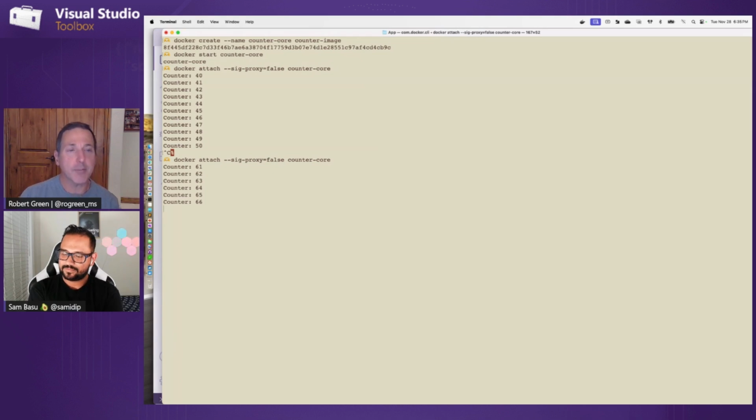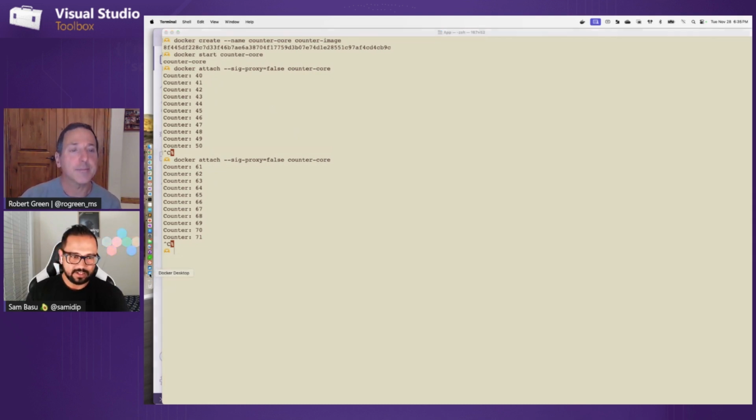So the app, where's the app running? The app is running inside the container. Because you said attach? The image that we built actually has the published version of the app. So it's running already in the container. So the image has the app. Then you started the image and now it's running. It's running, and that's because we did a Docker start.